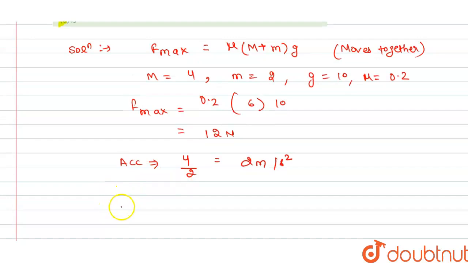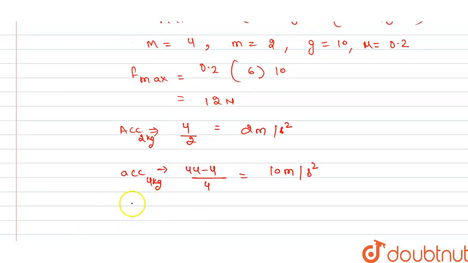So according to 2 kg and according to 4 kg, we can write here the acceleration according to 4 kg. So this is 44 minus 4, and this is divided by 4 here. So we get this is 10 meter per second square. So this is due to 2 kg and this is due to 4 kg here.